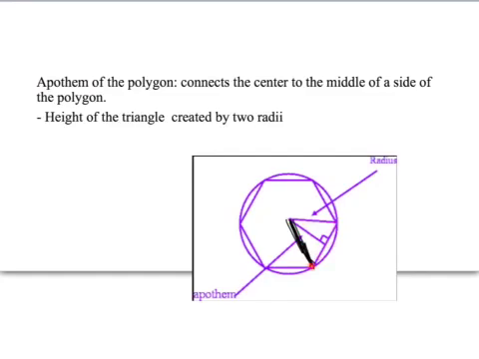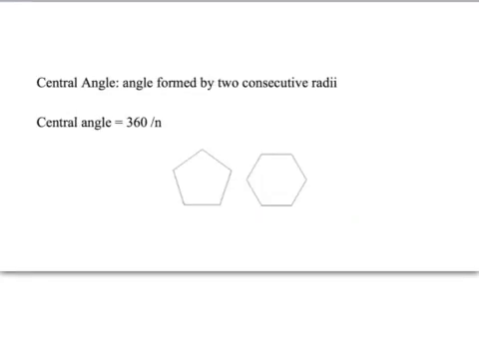And so all regular polygons can be split up into n isosceles triangles, n being the number of sides of the polygon. So the central angle is the angle formed by two consecutive radii. So again, if we find the center,